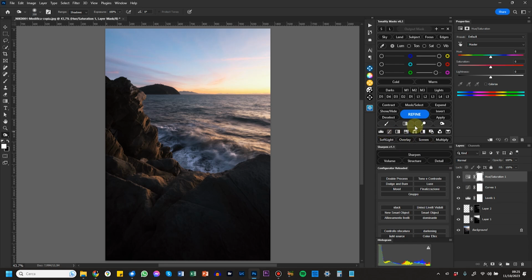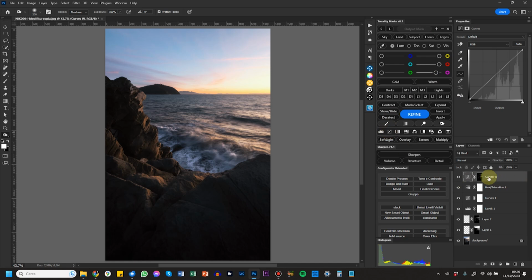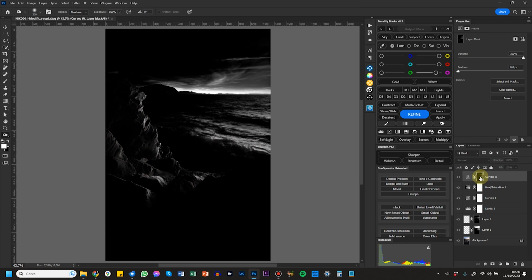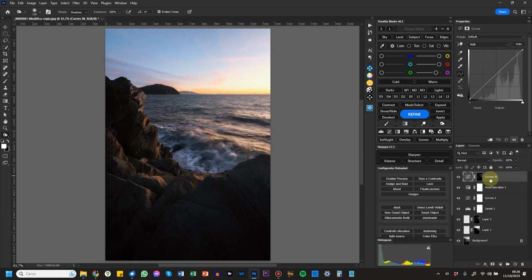But if I have, for example, a warm tonality selection active here, and I press Curves, now the curves are with my warm mask. And actually, the layer itself is called now Curves Warm. That means I have a warm mask applied to a curve adjustment.